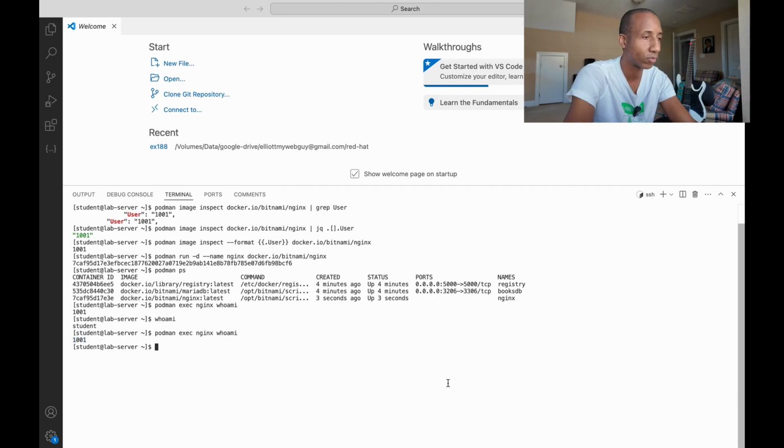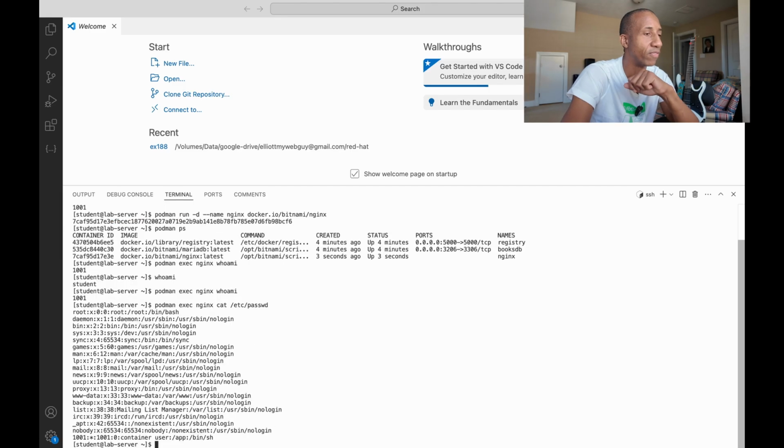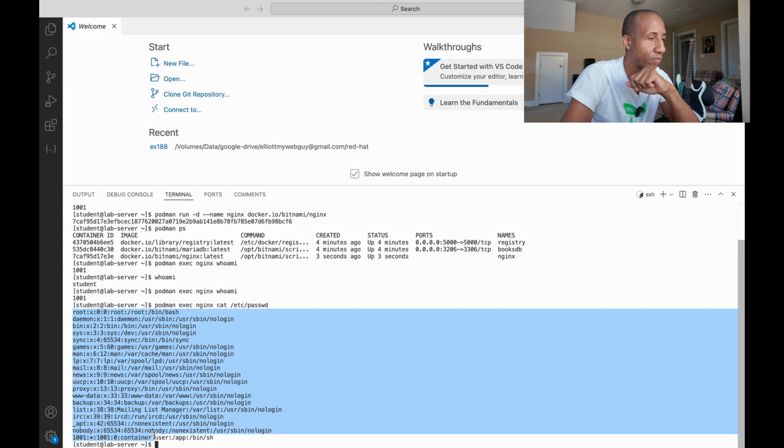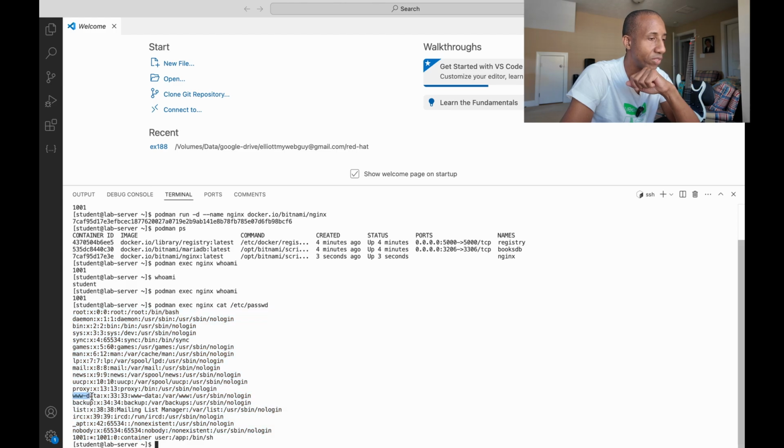For example, if I pull up podman exec again on Nginx, and I do, let's say, cat /etc/passwd, let's see what users are configured on this container system. You have root, you have all these users, right? Let's say I wanted this container to run as the www-data user. That's one of the users that's configured inside the container already, because I just catted out the /etc/passwd file inside the container system's file system, not